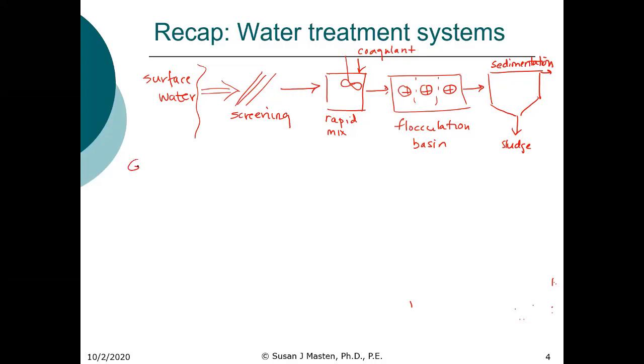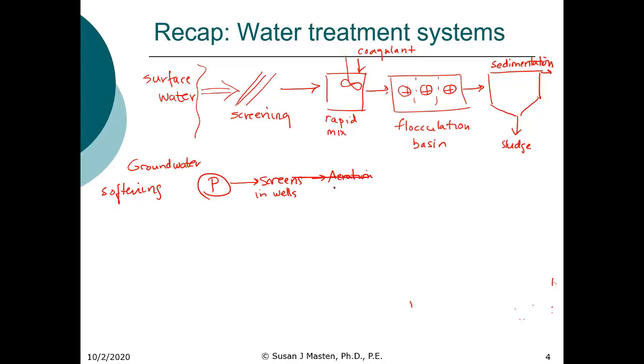If we have groundwater treatment, so if we're looking at groundwater, we have a pump. Typically, we have a well screen. If we have softening, and we'll write this as softening, what's the first process? So we have some sort of screening in the wells. What's the first thing we're going to do? We need to remove some CO2. Okay, so exactly. If we have high CO2, we may have